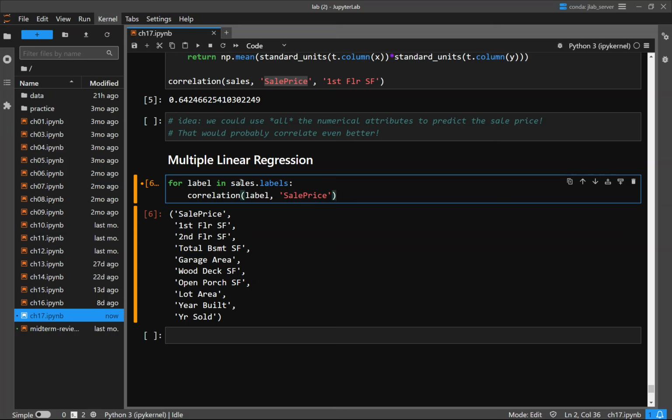That is what I want. And sorry, it's the correlation with the sales table on that label, on the sale price. So let's print that out. Print the correlation of the label,